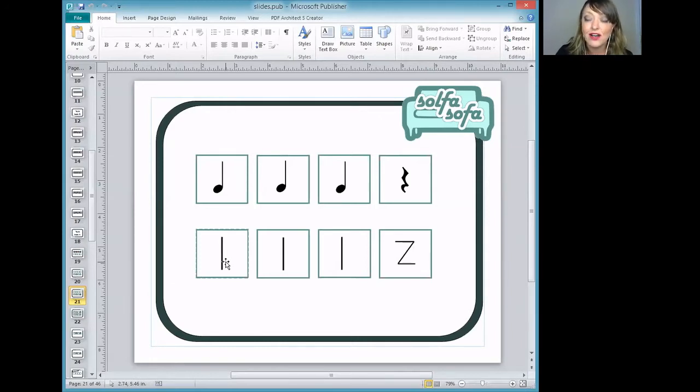A rest also gets 1 beat, but the difference is that a note has a sound. A rest has no sound. So when we clap this example, ta, ta, ta, I want you to touch your lips to help you feel the beat of rest.